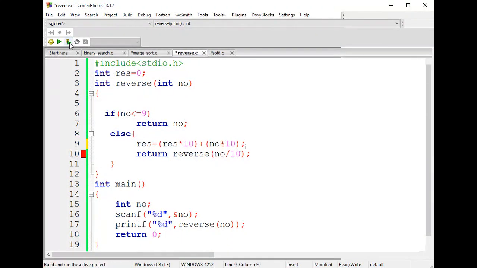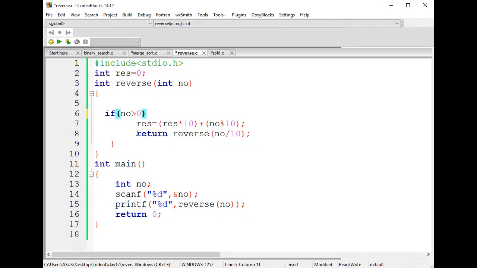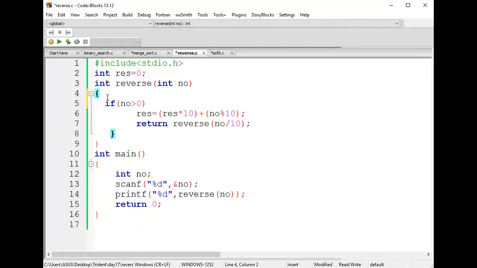We'll modify all these things, then we'll execute this. We'll check with the logic once. Apply this condition until your number is greater than 0. Remove one parenthesis. It's not required. Yeah, it's required.